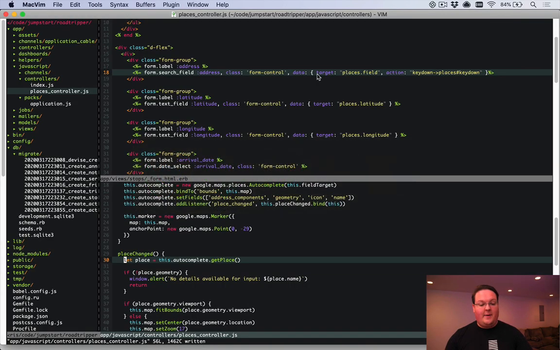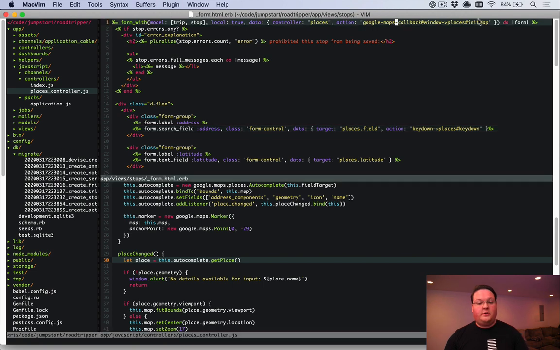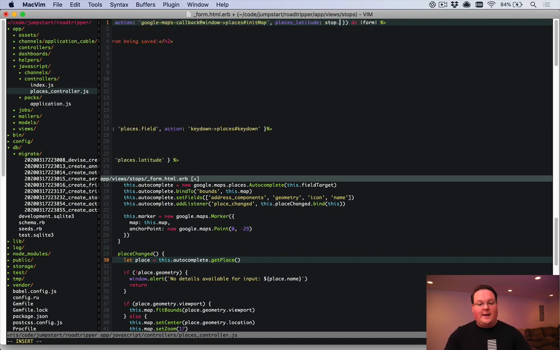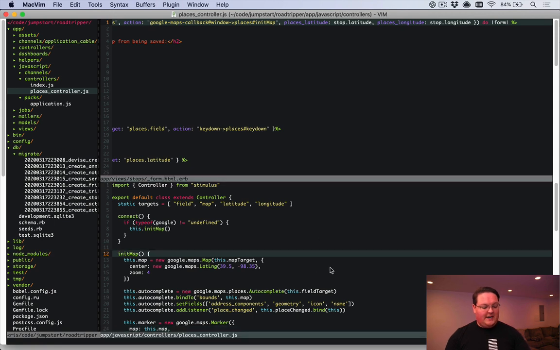So let's go ahead and update our form to include that information as a data attribute up here. So we want to call this places latitude, and this will be stop.latitude, and places longitude will be stop.longitude, and those will be our 2 values that we can pass in for our location. So we can also go into our JavaScript and update our initialize